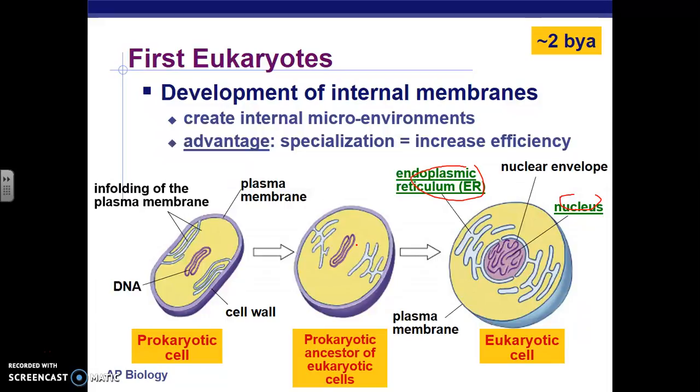So that's what's believed happened, that the cell membrane, remember, which was developed with the protobionts, began to invaginate, creating these compartments. We have like the ER, we made a compartment around the DNA to protect it, we made Golgi. And it's believed that because of this increase in efficiency, these infoldings were beneficial and then stayed in the population. The second event,